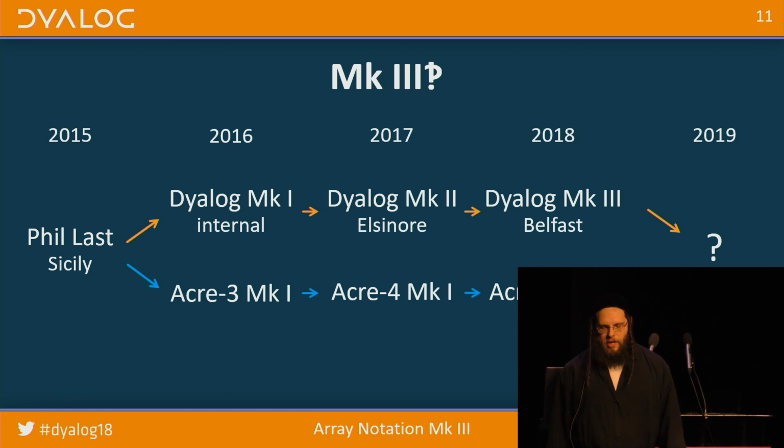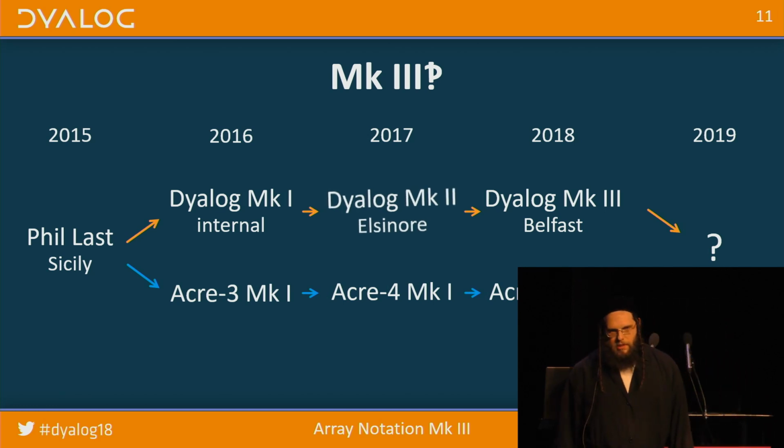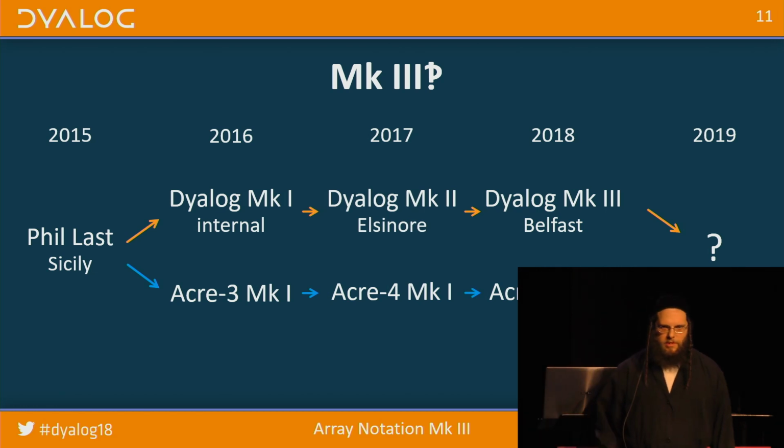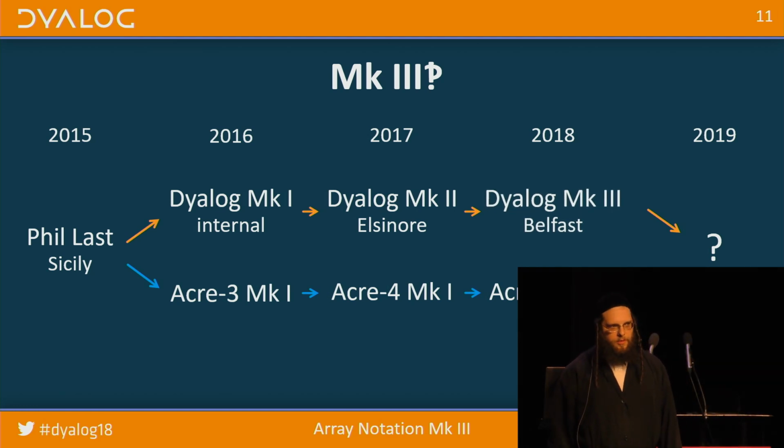And this, again, was only for high rank. I was inspired by this. I made an internal proposal in Dyalog for something that just extended strand notation to have deeper nesting of vectors. But what I actually presented a year ago was similar to what Phil had come up with, just extending rank. And then finally now, I managed to come up with something that extends both rank and depth, so you can